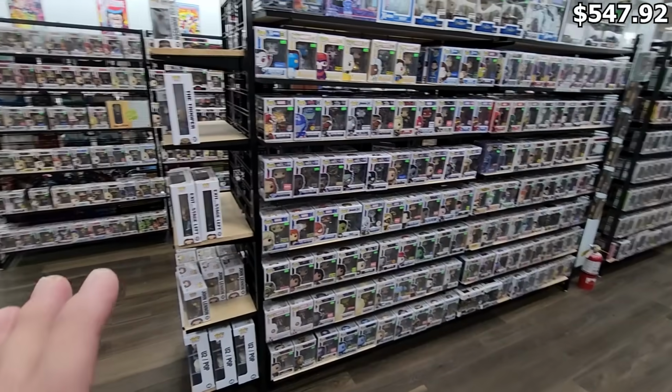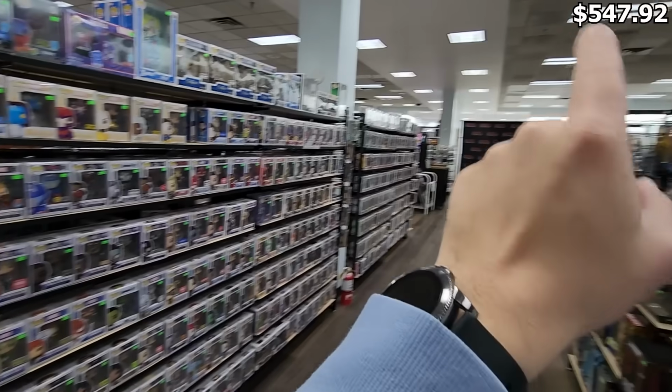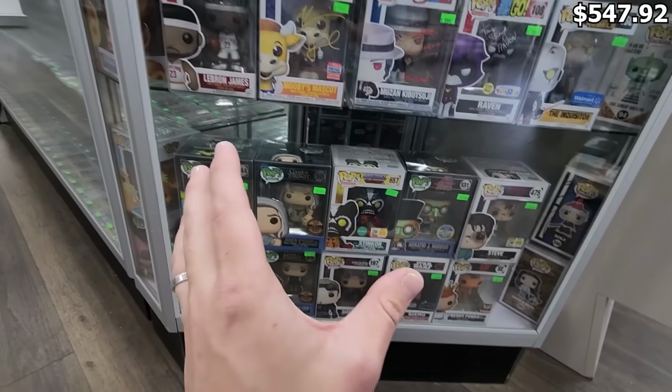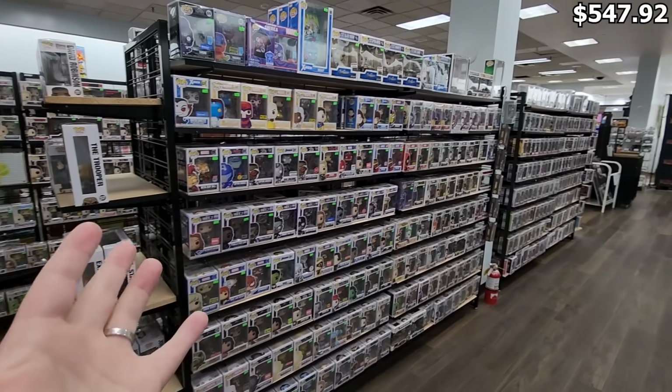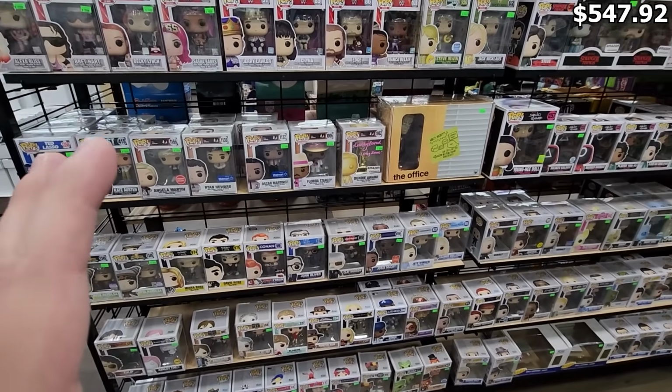So I'm in the back of their store, guys, and they have a couple of different displays. So this is going to be somewhat of your more normal stuff. They had more common stuff up front, but behind here, there are cases that have more valuable stuff. But I feel like there might be a couple of cool things in here that I want to show off. We'll just have to see. I'll look around. Yeah, I don't believe we're going to find any $100 Funko Pops that I need in these sections,